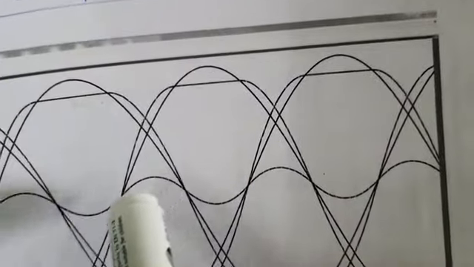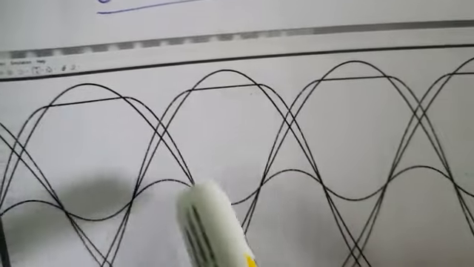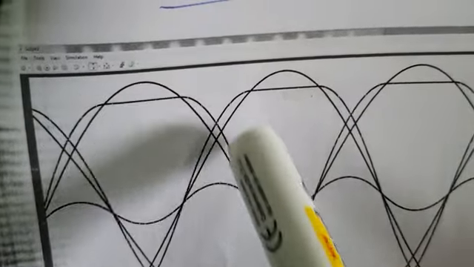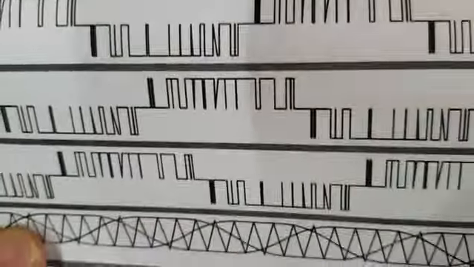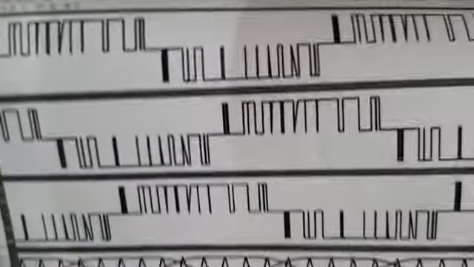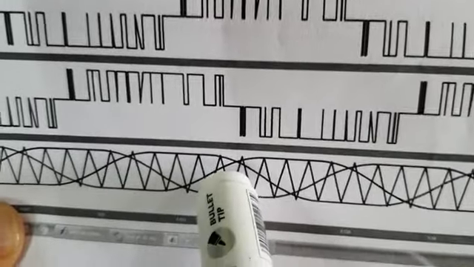The other way of achieving this 60-degree clamp: these are my original modulating waves, and this is MCM, and these are the modified modulating waves, MR star, MY star, and MB star. And these are my simulation results. These are my line-to-line voltages. This is VRY line voltage, VYB line voltage, VBR line voltage, and this is the comparison of the high-frequency triangular carrier wave with these modified modulating waves, MR star, MY star, and MB star, using the bus clamping technique. And this is my result.